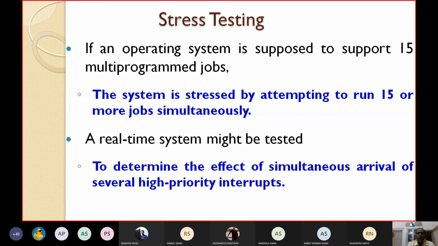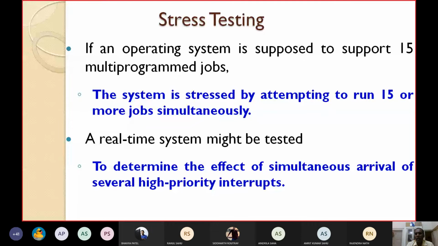If you are developing a real-time system, it might be tested to determine the effect of simultaneous arrival of several high priority interrupts. At a time, suppose 3 high priority interrupts are coming, whether your real-time system is able to handle them or not.